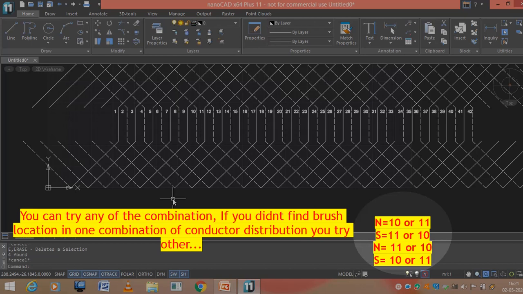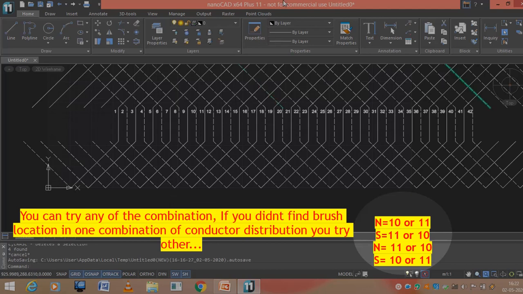Clear? Likewise, for the south poles, one south pole should have 11 conductors and the other south pole should have 10 conductors. Clear? And again, coming to the pair of conductors, north and then south, together it should have 21 conductors. Another north and then south, together it should have 21 conductors.